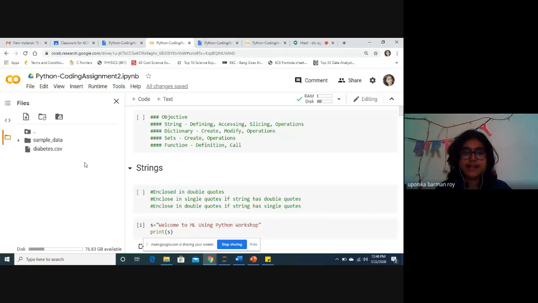You can see it is added in my directory. This is the notebook, and on the left side is my directory, which will contain all the required files that I need to work with in this notebook. To load the files, we need to upload them from our local system, and then we can use them in our notebook. But make sure of one thing: once you restart your notebook or log in again, you need to import the file again, because it is lost after the particular session. Once your session is resumed, you need to import that file again to work on it.